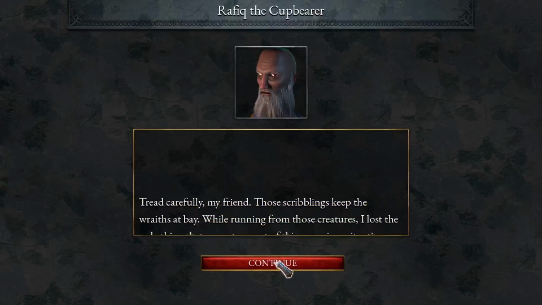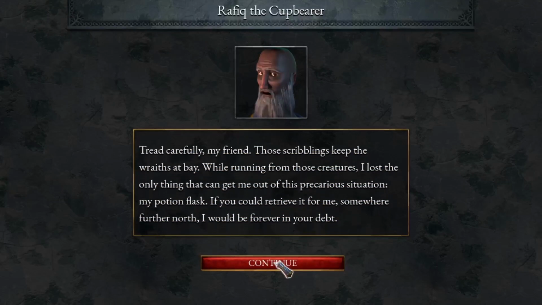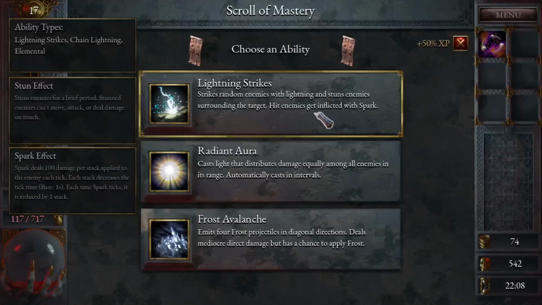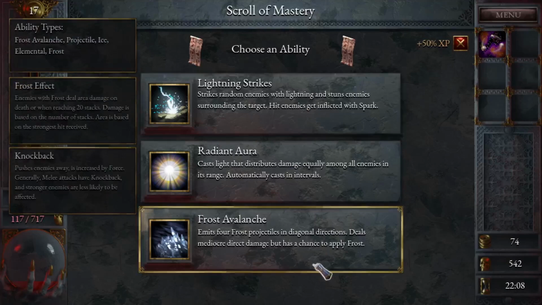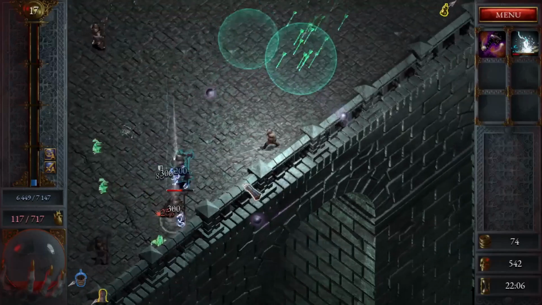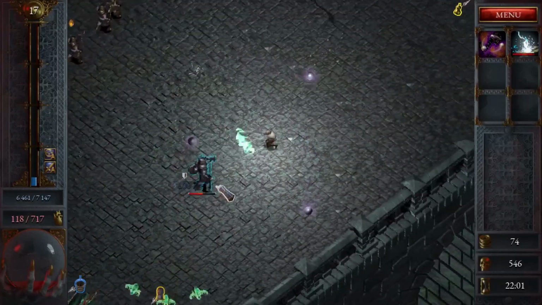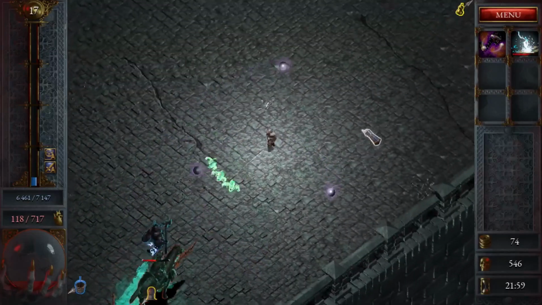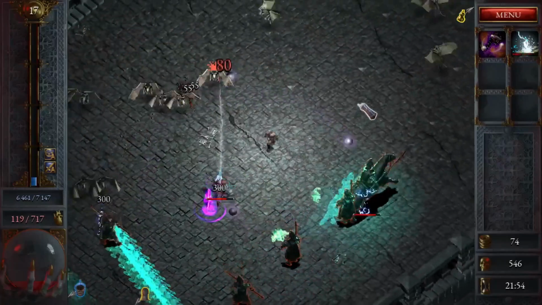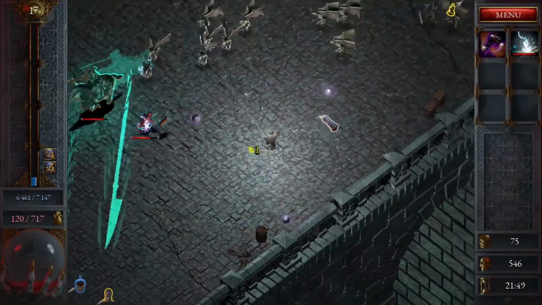The Cupbearer. Okay, so let's go find his potion. Oh, here we go. We'll do Lightning Strike. That will help us somewhat. It may be too late in the run to go this way. There is a moving army wall thing. So if we're too late on that...